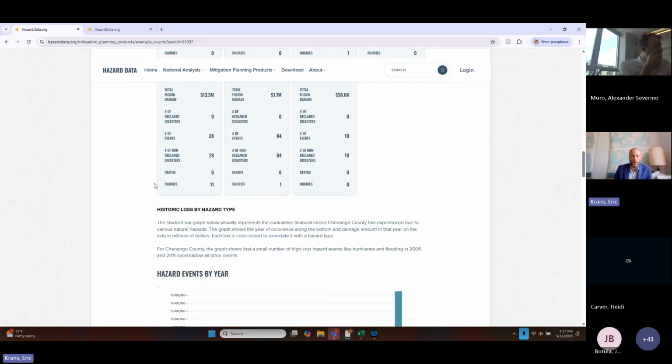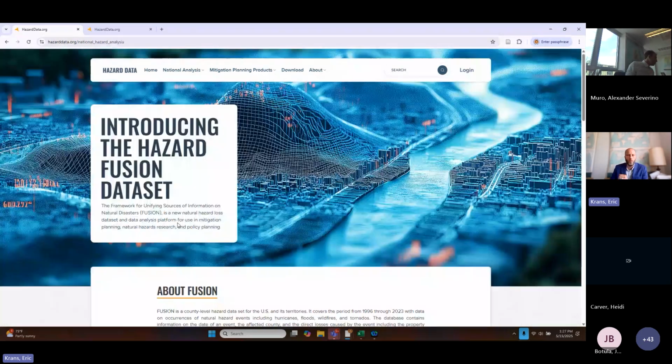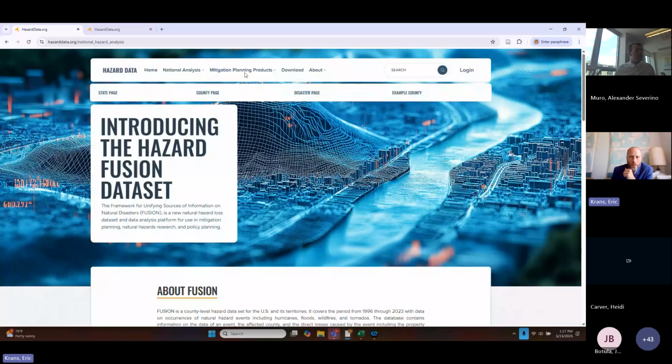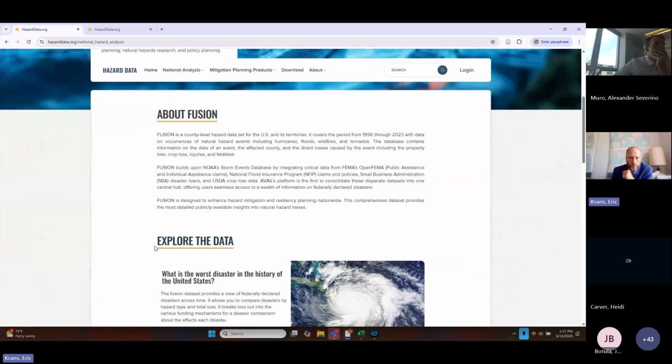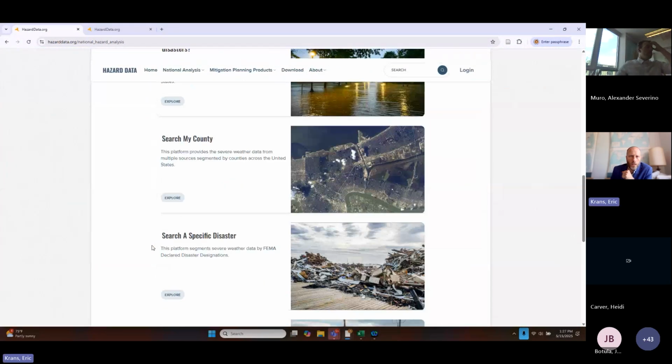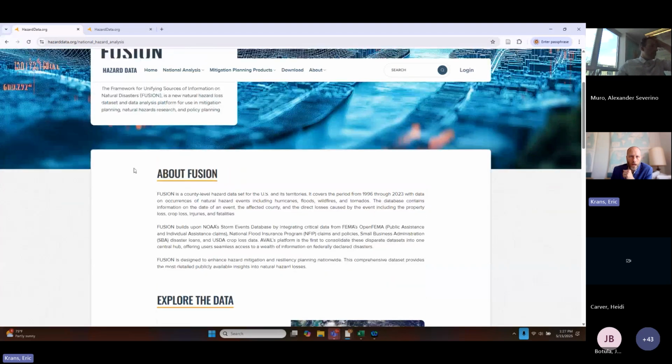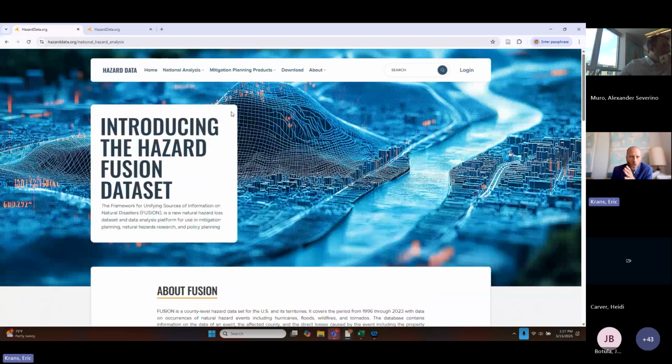So there's an example county, and guidance for an example disaster as well, which does the same thing. It breaks out that disaster page. We'll have to take a look at the links. The link is broken on that, but it can bring you to that same type of page. We'll get that fixed for you so that you can get there. All of this is giving you a lot of different ways of looking at the data and